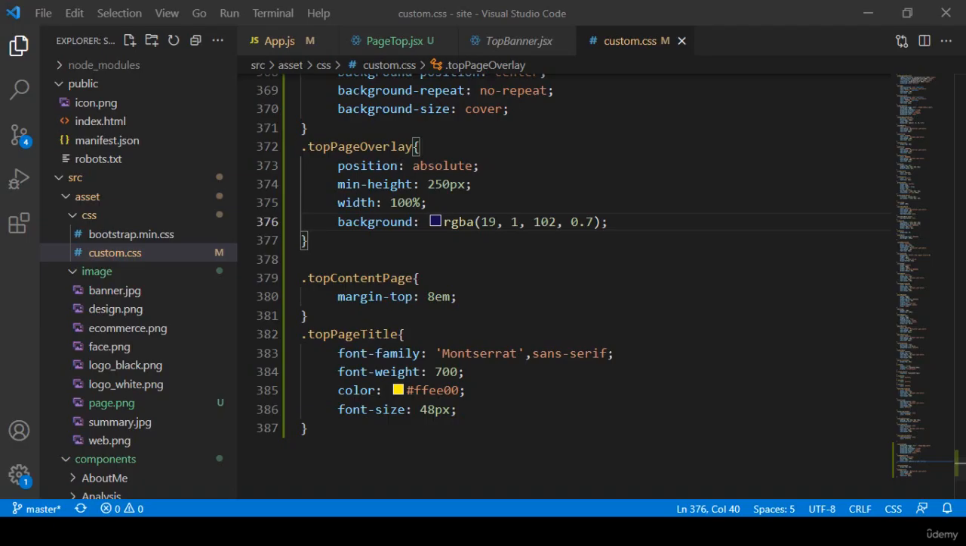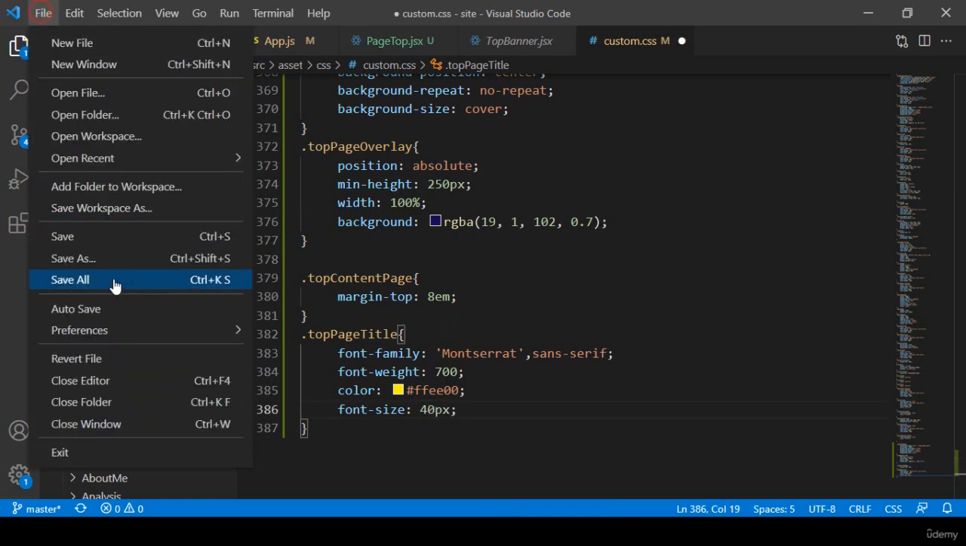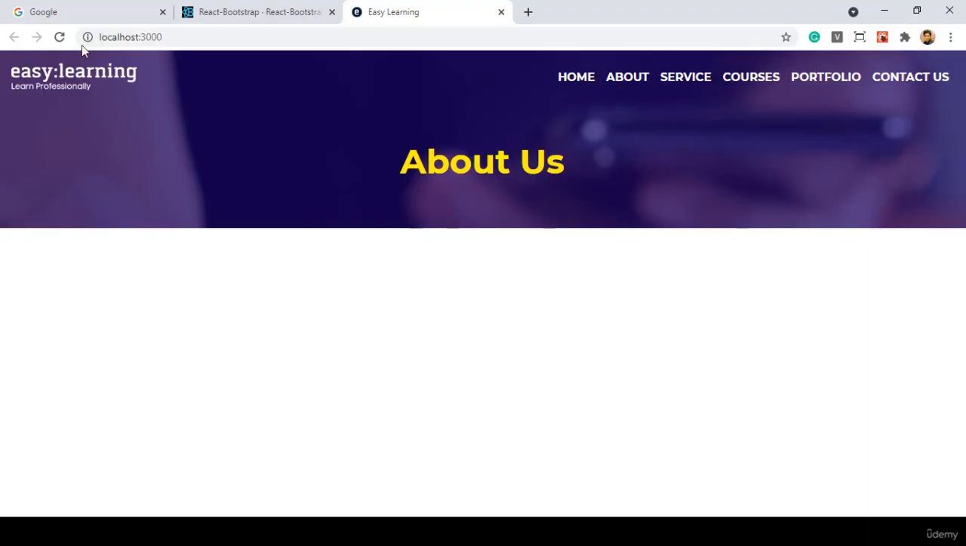Now I want to make this 30 or 40. Okay, there is a 40 pixel font size. Click Save All. Now refresh it. Yeah, that is our 40 pixel. Perfect. So friends, for every page, like home, about page, and the services page, these texts